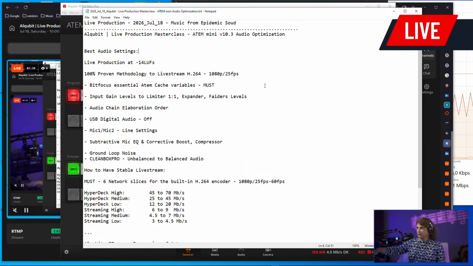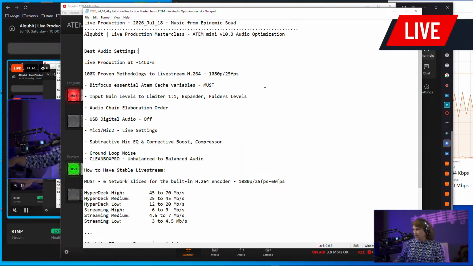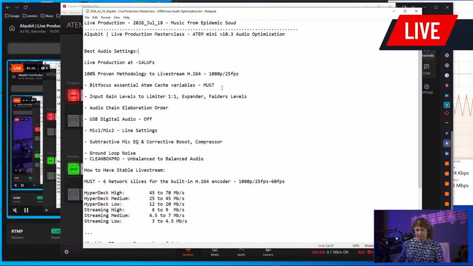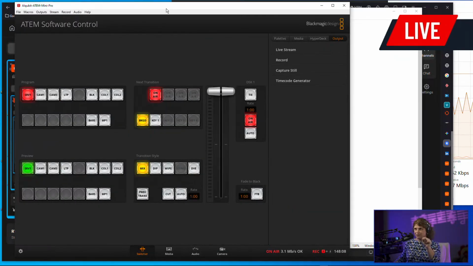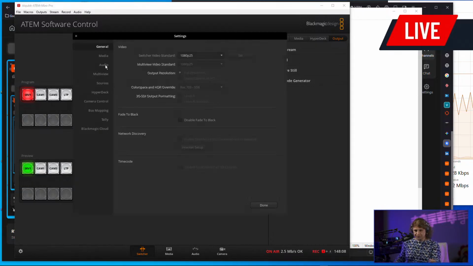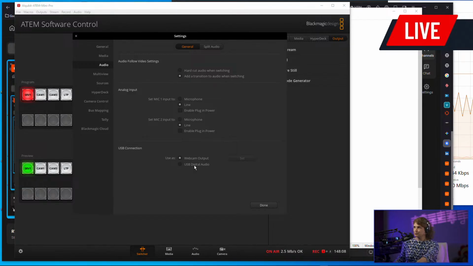I will shift here. So, live production at minus 14 LUFS. This is specifically for the built-in native live encoding, the built-in encoder for the live stream. Because with the digital audio, when you set it here,